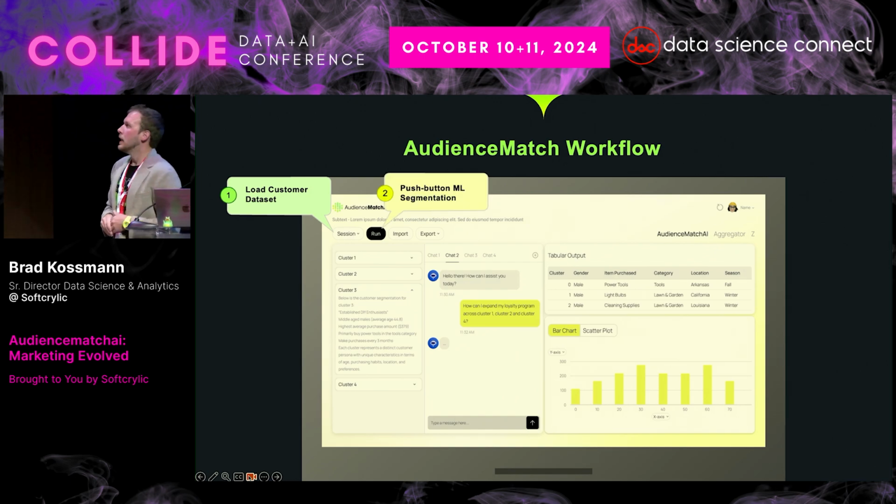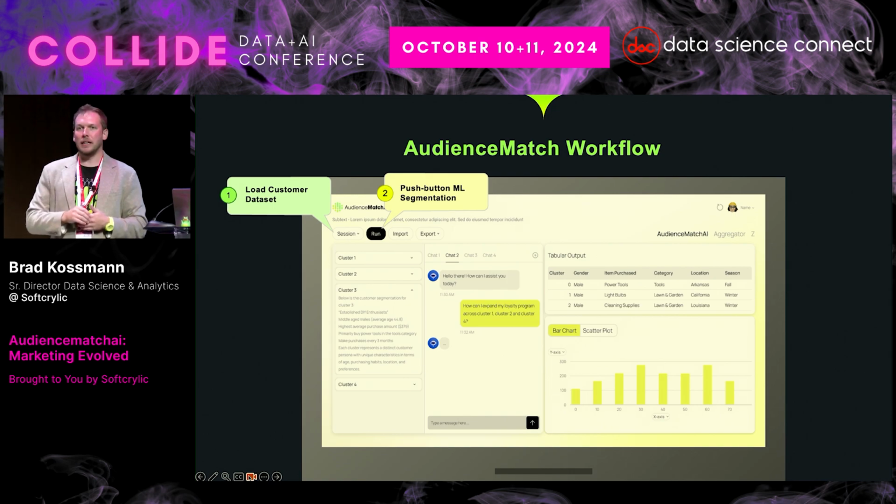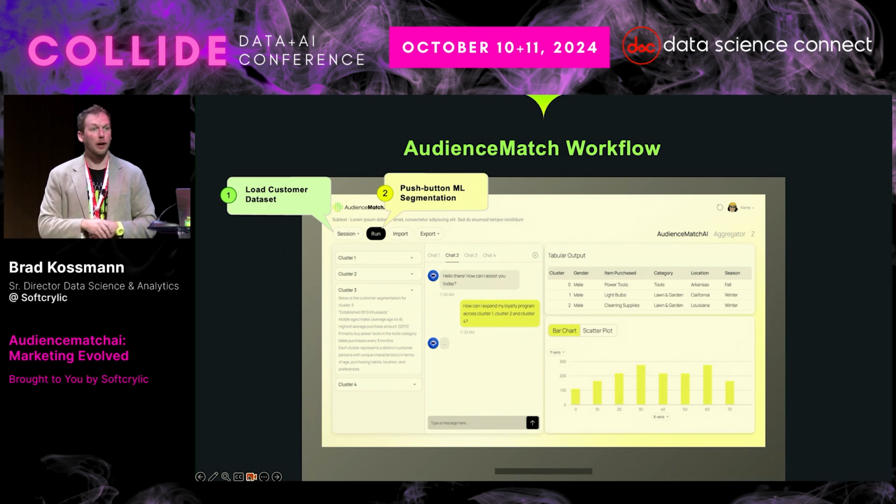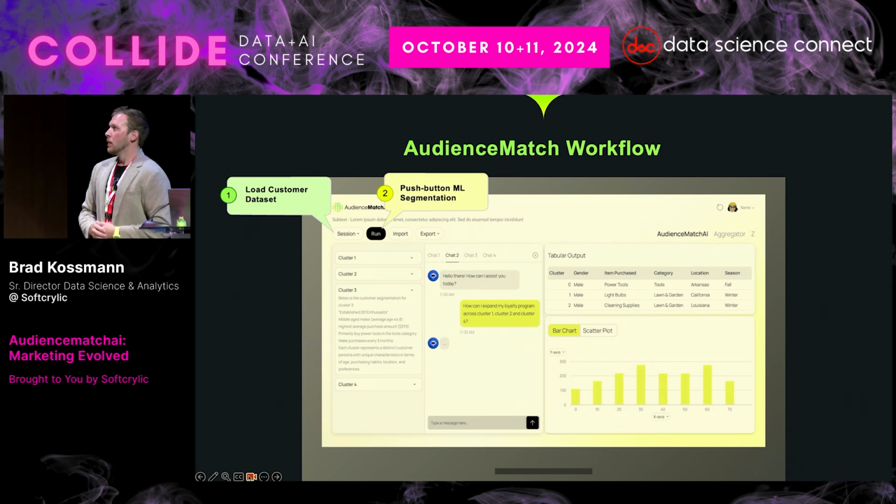Number two, push button ML segmentation. We've developed a proprietary auto ML on the back end of this. Again, you want data-driven audience segments. There are all kinds of traditional heuristic bases for forming audiences, but we like to let the data speak for itself. So we prefer unsupervised learning for this so that we don't induce any of our own biases into the modeling.